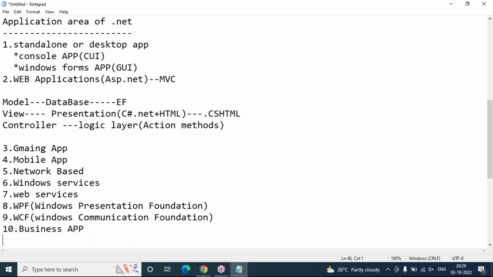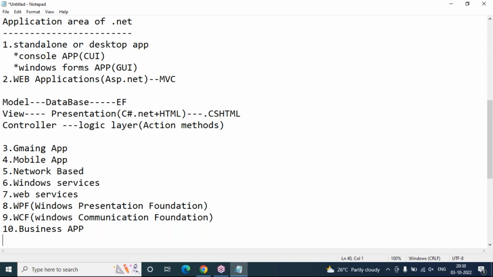Because C#.NET is a high-level and general-purpose programming language, it can provide services for any type of application, not only specific applications. So that is the reason. This is the application area of .NET.